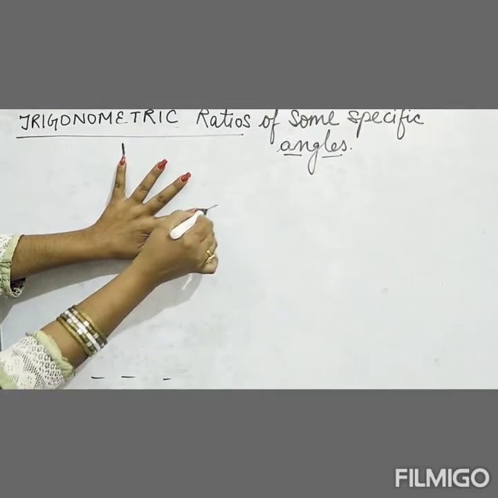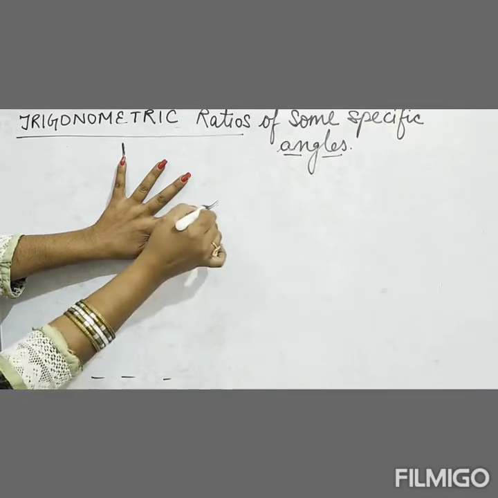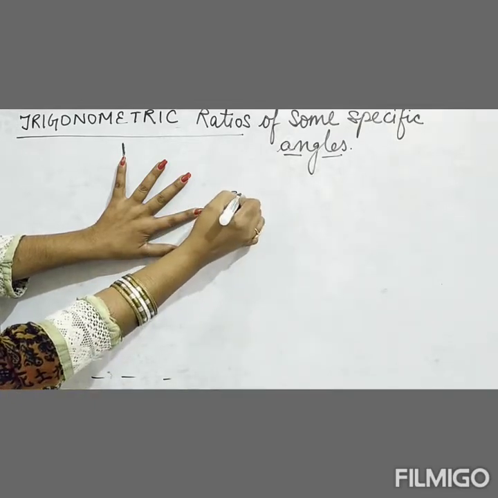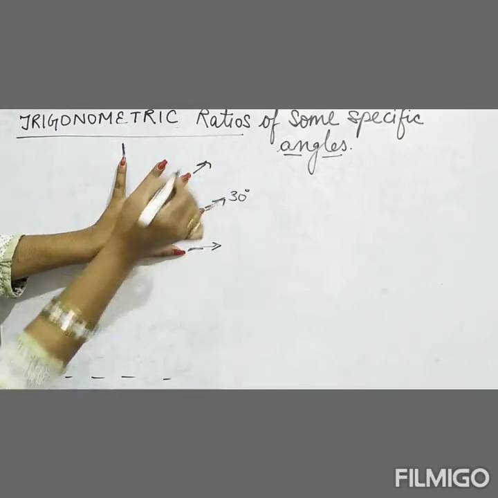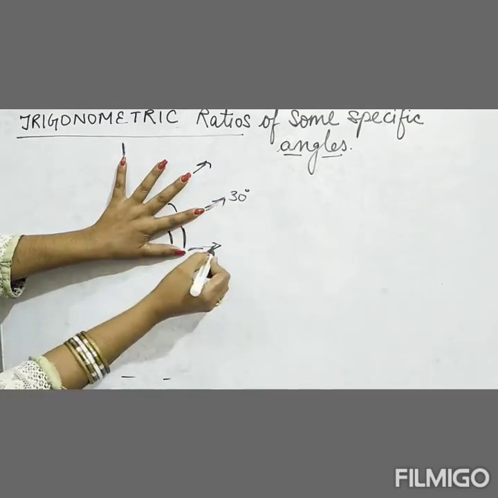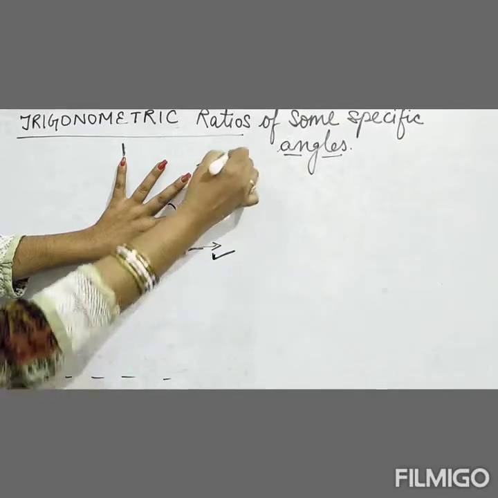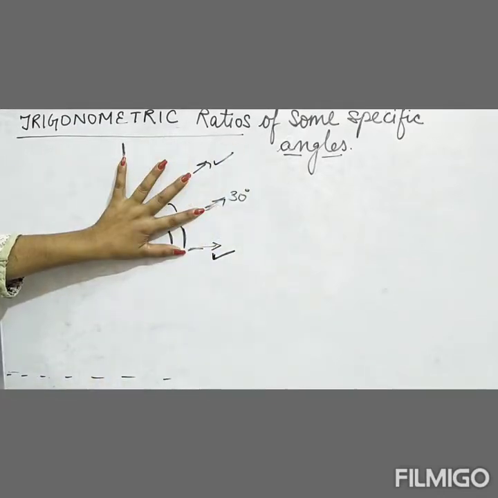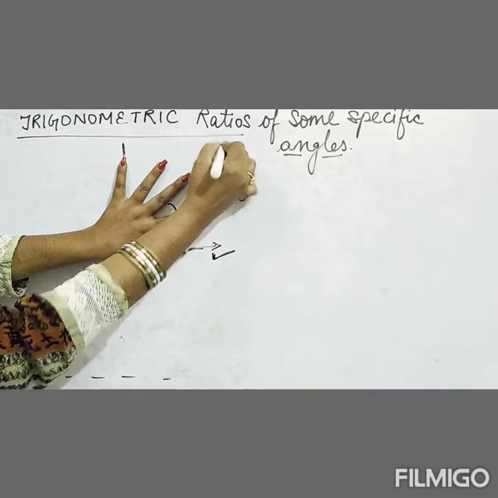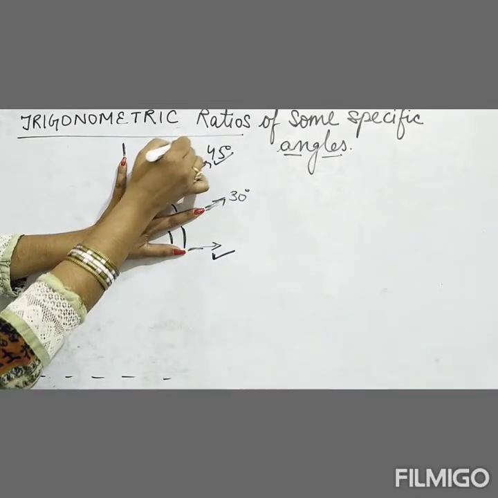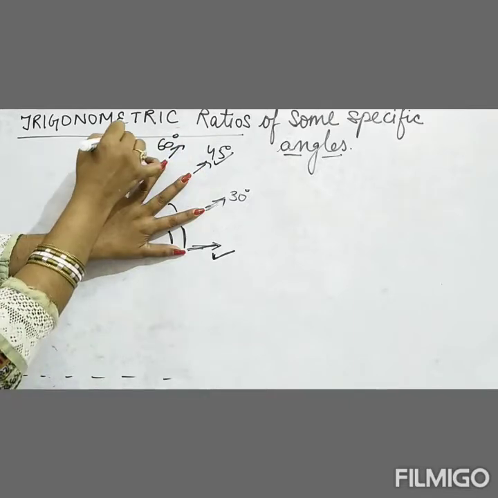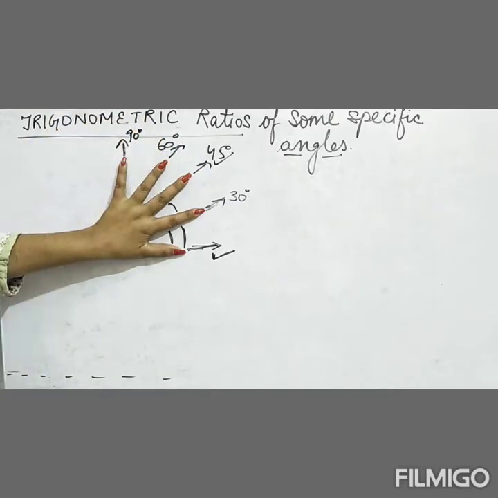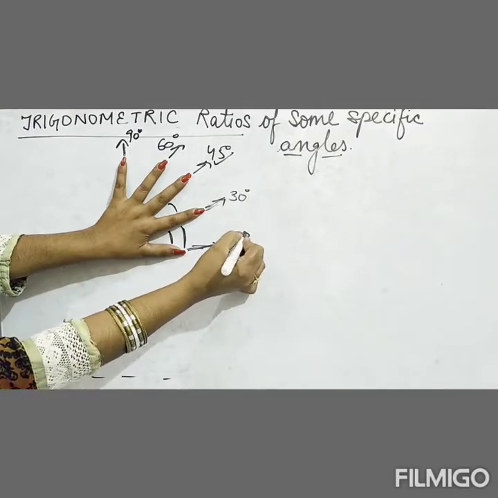Okay, and you just spread your hand. The first angle you'll get with this horizontal is 30 degrees. The next angle, from here to here, between this line and this line, will give you the angle of 45 degrees. The third one, this one with the base, is 60 degrees, and the last one is 90 degrees. And what about this first one? This should be 0 degrees.